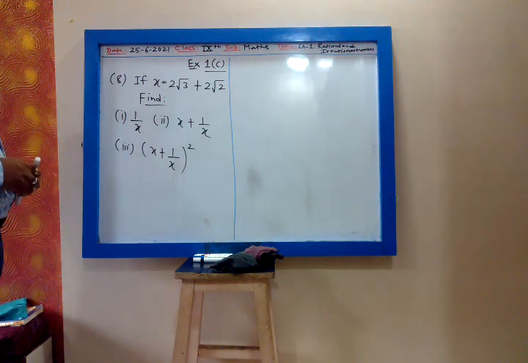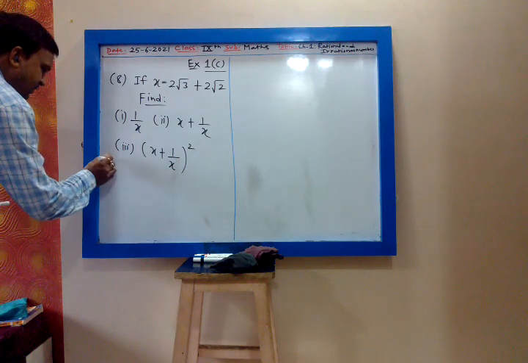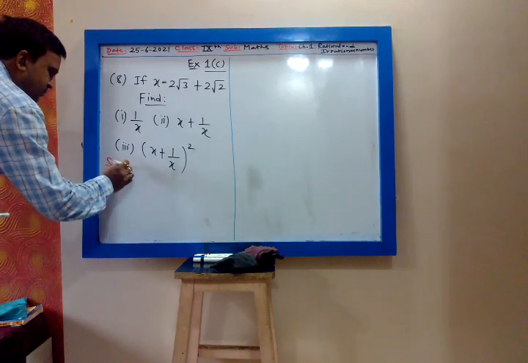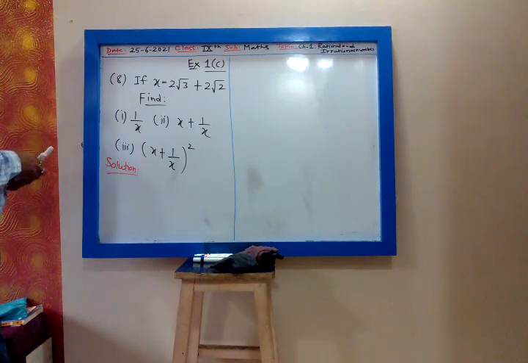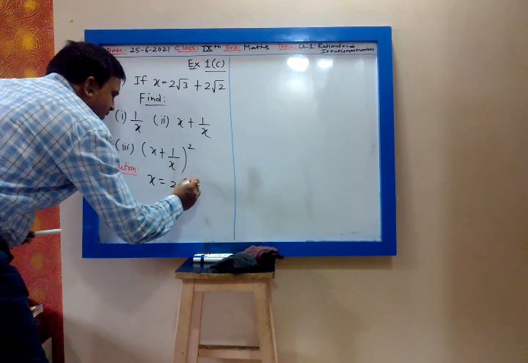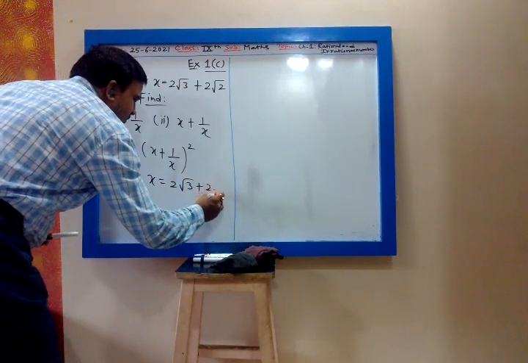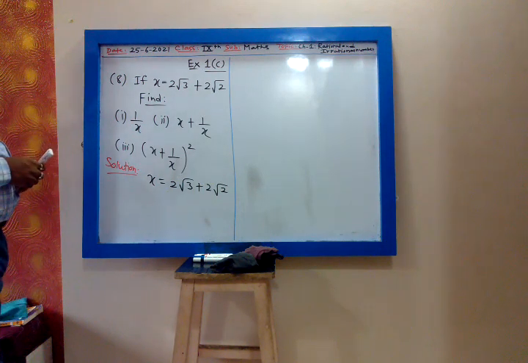Is it clear? So now let us find this, no problem. So solution is: x is 2 root 3 plus 2 root 2. Yes. So what you can write is,